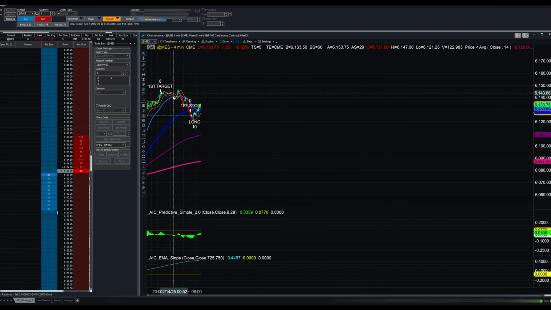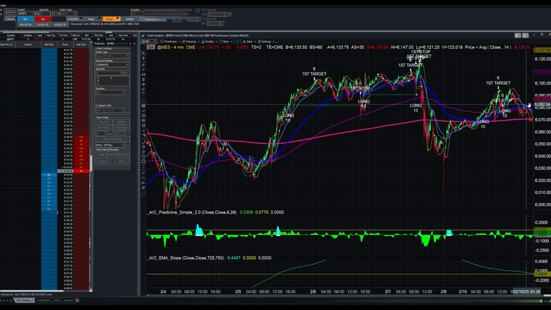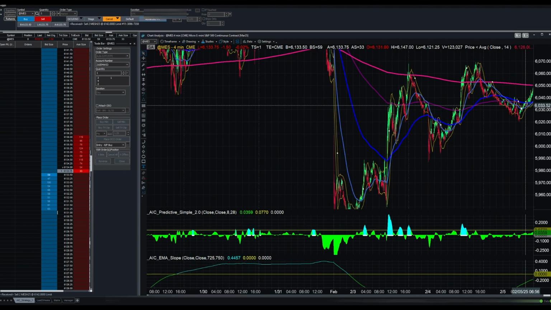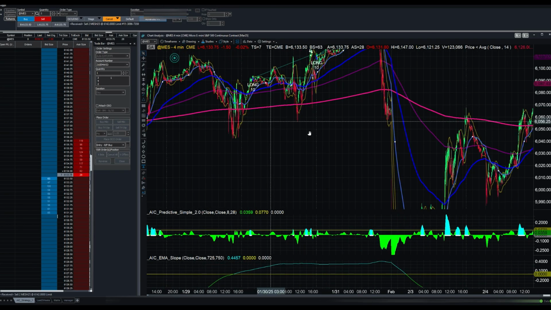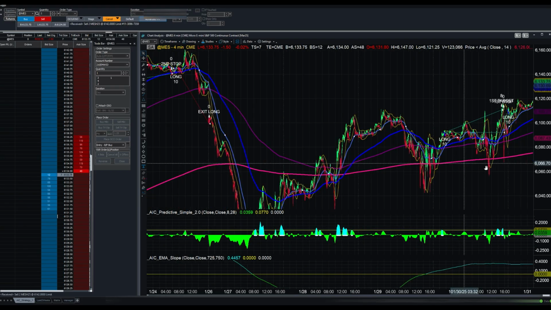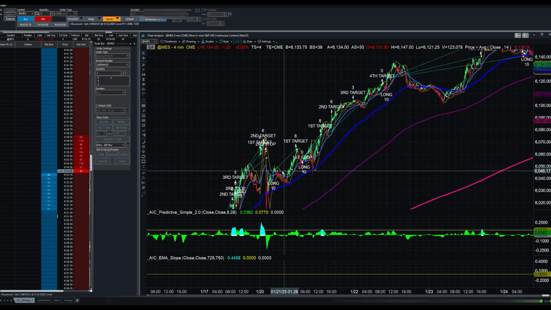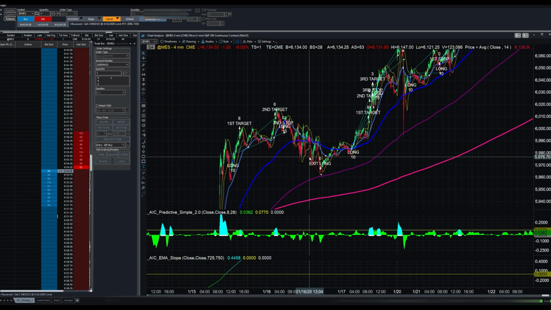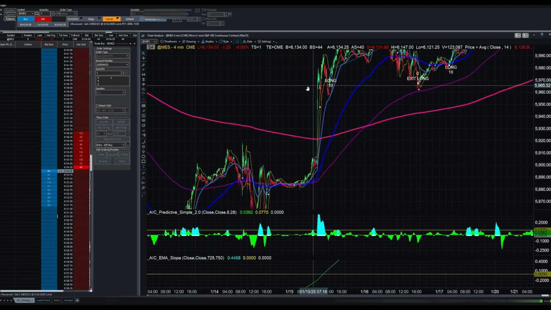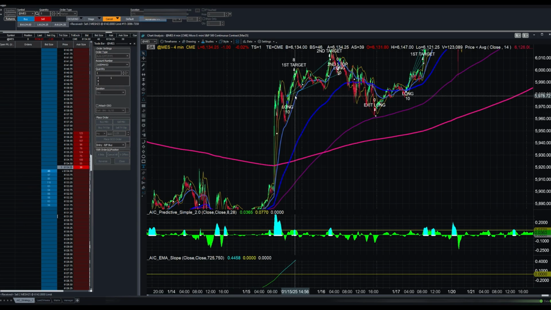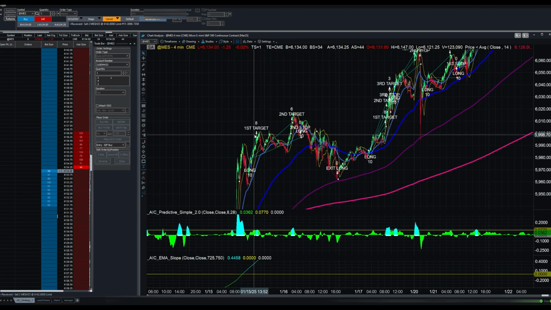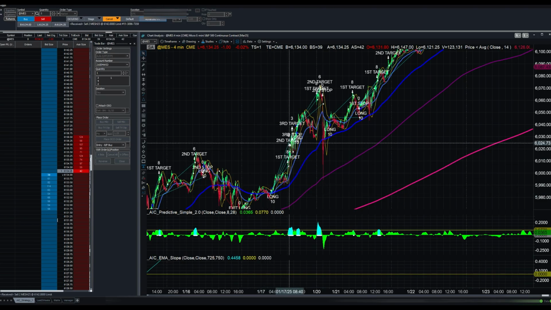Let's see here. In the past, what's been happening in the last couple of weeks? This is a 4-minute chart, so you get a lot of signals. Let's start here. When was this? It was a nice, oh, look at this trend. So on January 15, we place a long here. We hit target number 1, target number 2, and then because of the stop order, the bot starts raising it. It kind of stops here. We place another long here, and here we hit 1, 2, and 3